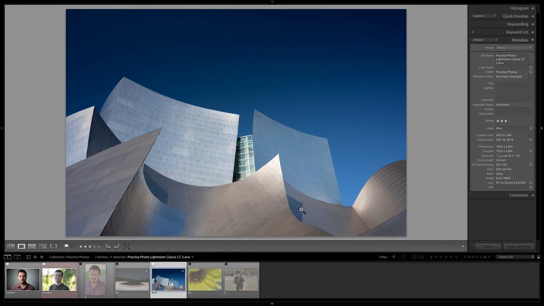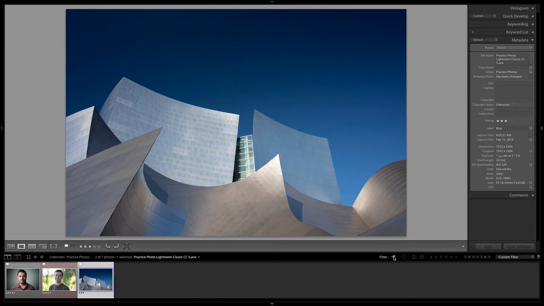So that's all good and everything that we can actually rate our photos, but how do we filter them? Well, we have these filtering options down here in the bottom right. Right now the filters are off. If you just click one of these filters, it will turn it on. So for example, we have the accepted and reject filter right here. So if we click the filter for flagged photos, only the flagged photos appear.